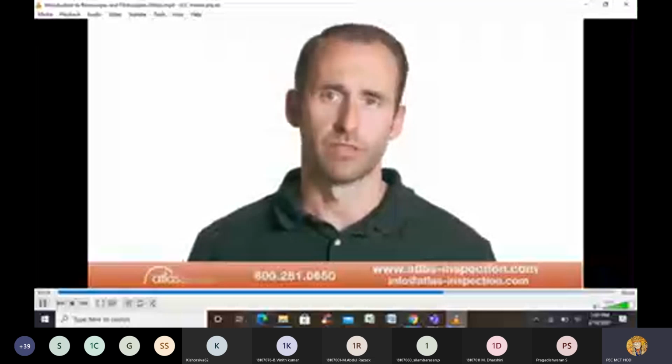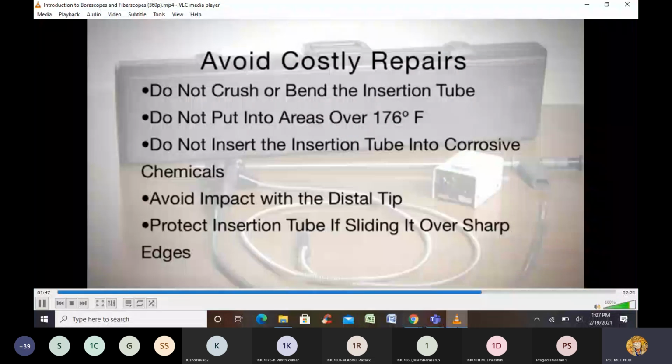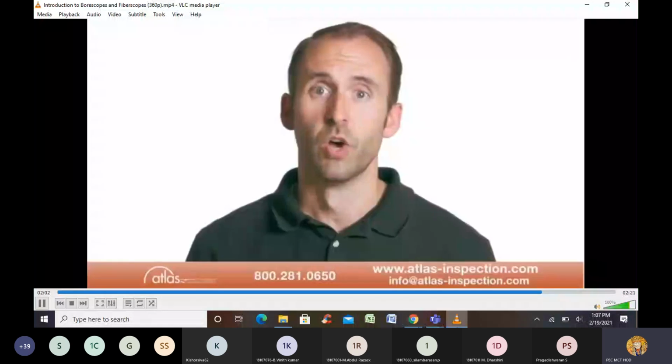Do not put borescopes or fiberscopes into air above 76 degrees Fahrenheit. Do not insert the insertion tube in corrosive chemicals. Avoid impact of the distal tip and protect the insertion tube if you're sliding over sharp edges. Finally, maintain the articulation system by returning the tip articulation to the neutral position when inserting and retracting the scope